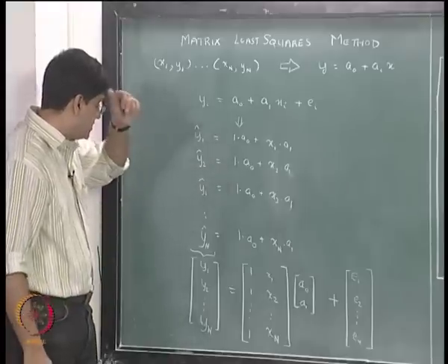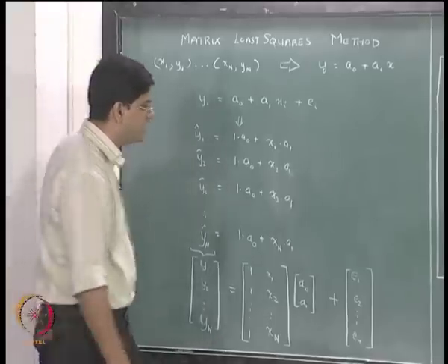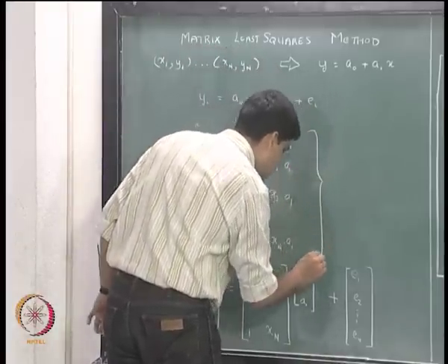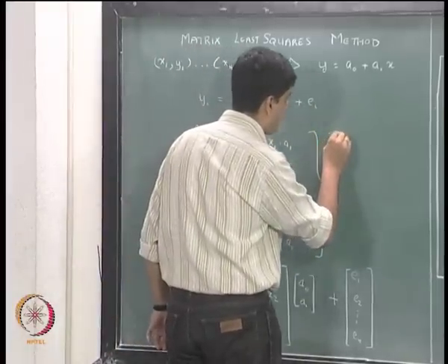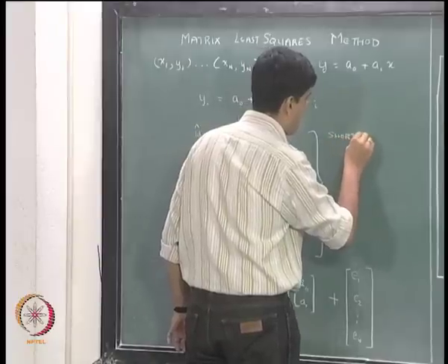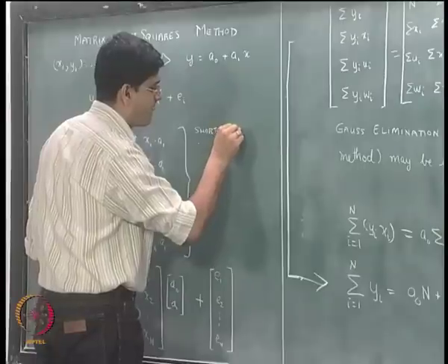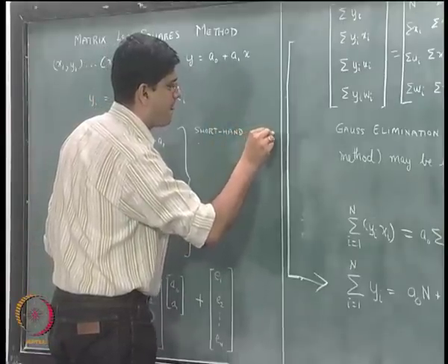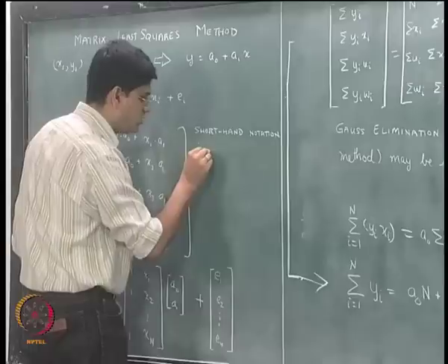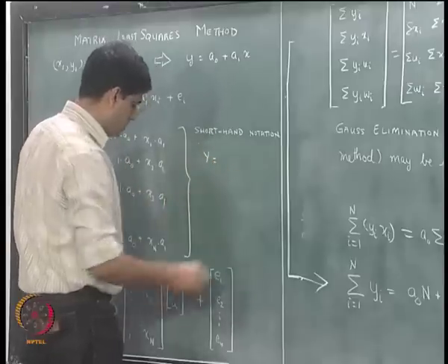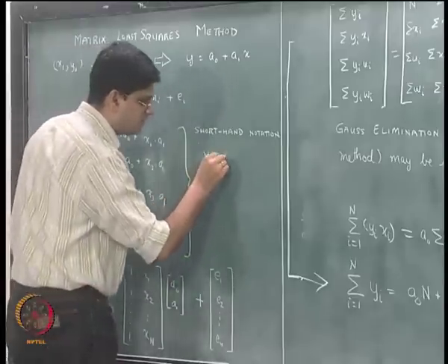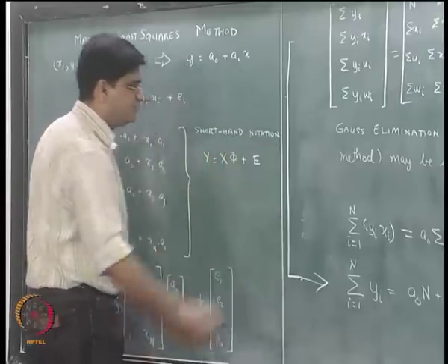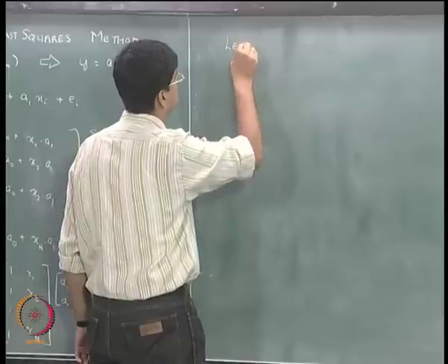This is essentially what we are going to get, and the shorthand notation of writing all this is y equal to capital X multiplied by phi plus E, and the least square solution